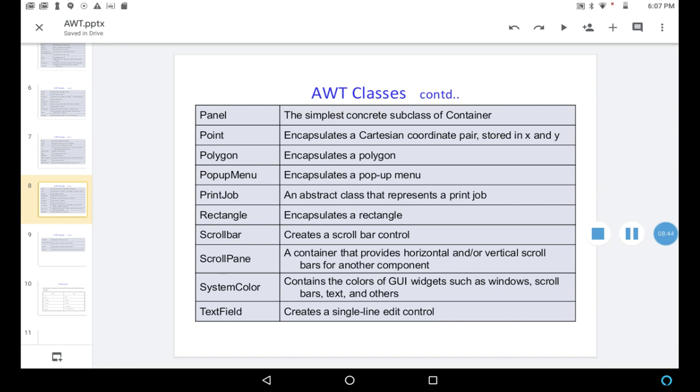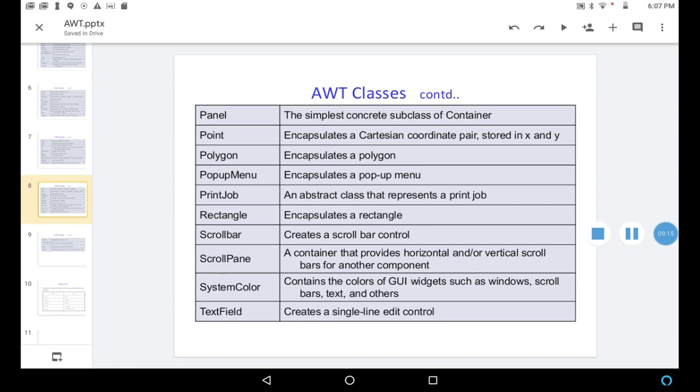So container is the superclass, panel is the subclass. Point encapsulates a Cartesian coordinate pair stored in x and y. If you want to create a Cartesian coordinate pair, x and y coordinates, you will have to use the class point and create an object of type point.